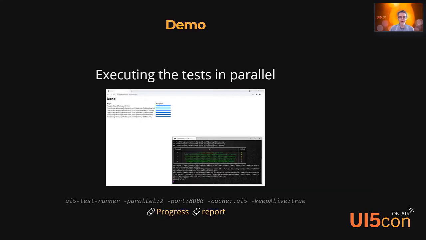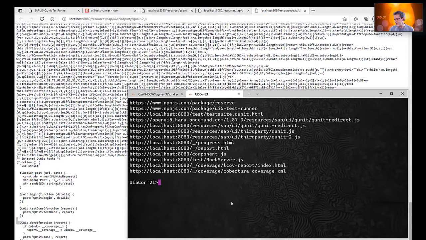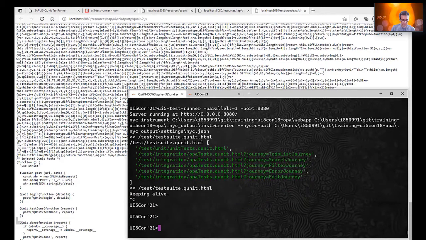So let's make the final demo, enough of the teasing. So what I will do, I will start UI5, not in this window, hopefully. So I will stop this one. I will run UI5 test runner using